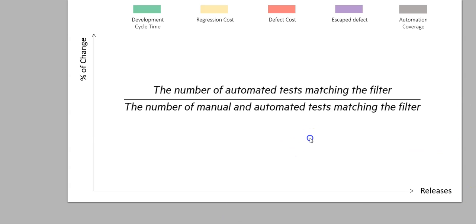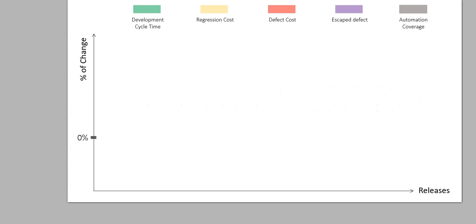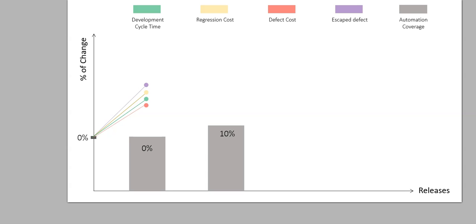So let's assume we have our first release of an application we are working on, and at the very first release, we don't have any automation implemented. So the automation coverage is about 0%, and we have an increased development cycle time as well as high regression cost. We are escaping defects, and defect cost is also not low. Then we start introducing automation. Let's say 10% of automation has been implemented in the second release. So it's not really impacting my development cycle time, which is increasing. Again, the defect cost is increasing, as well as the defects which escaped, and regression cost is also